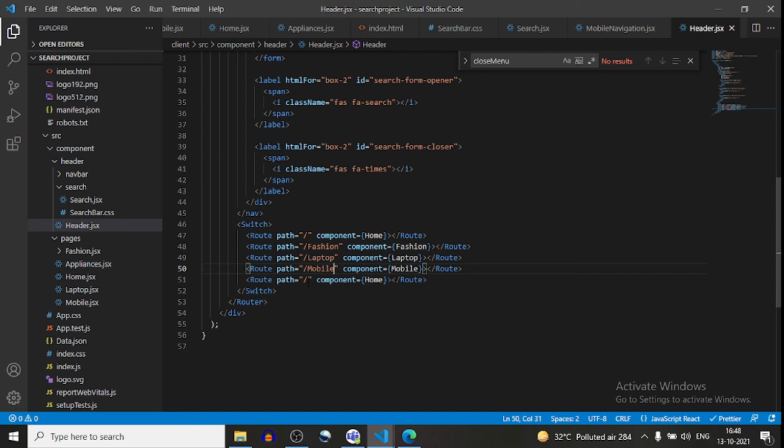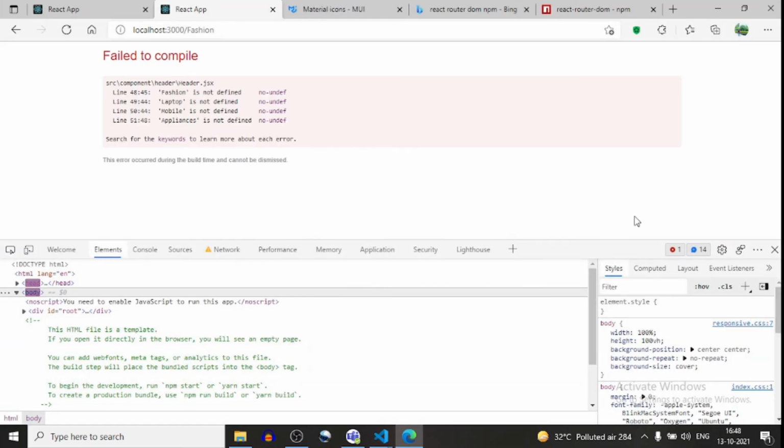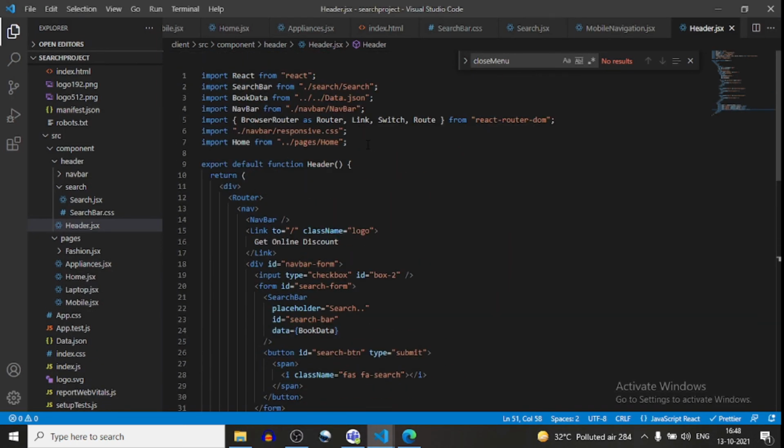And here we have appliances. Okay, now if I go here, oh, fashion, laptop, mobile, appliance is not defined. Okay, so I need to import this.